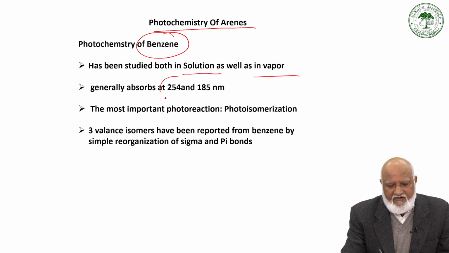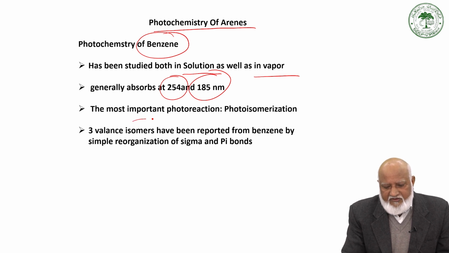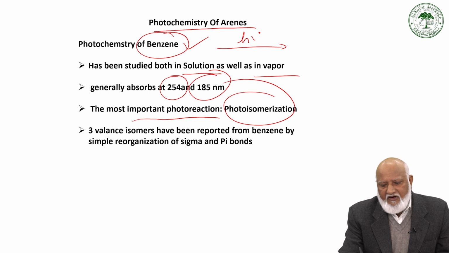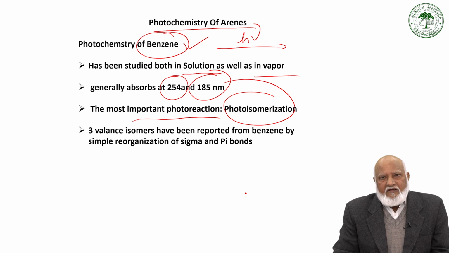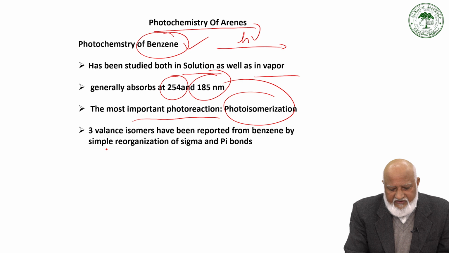It absorbs strongly in two different regions, at 185 nanometer and 254 nanometer. The most important photoreaction observed in the case of benzene is photoisomerization. Hence, benzene under photolytic condition undergoes photoisomerization to give three different isomers. The valence isomers are dewar benzene, prismane, and benzvalene. So these are the three valence isomers of photoproducts from benzene, and they are formed just by reorganization of sigma